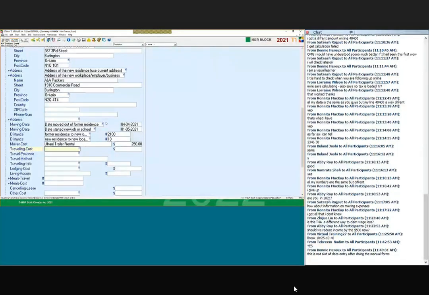Anyway, so U-Haul, $250, and then travel costs. So what is travel cost? It's our accommodation. So our accommodation is $615. So we're going to put in accommodation $615. Basically, in the problem, it says that